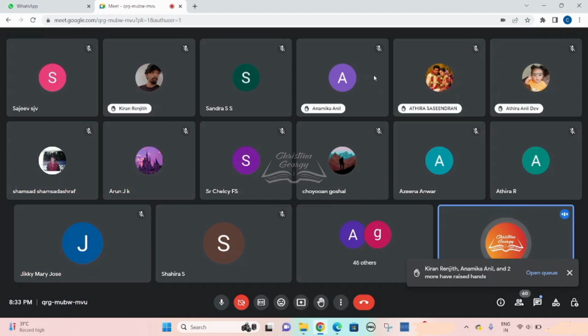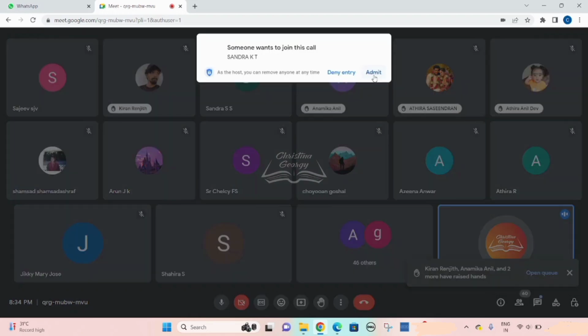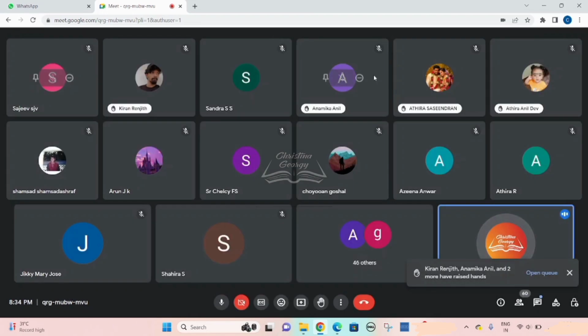For example, even here, this is an online platform. I am the sender and my message gets encoded and reaches you through this platform of Google Meet, and you, my listeners, decode my message, and that results in communication. So make sure that you study the process of communication. For that matter, you can also draw this diagram.